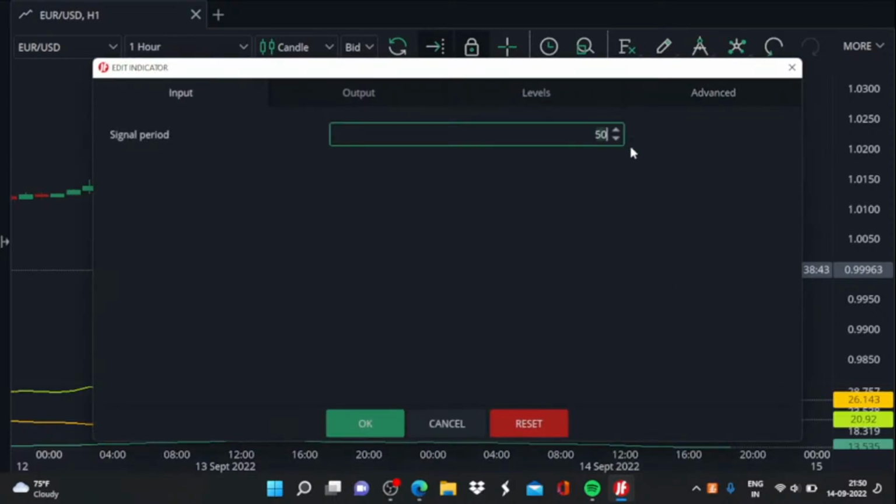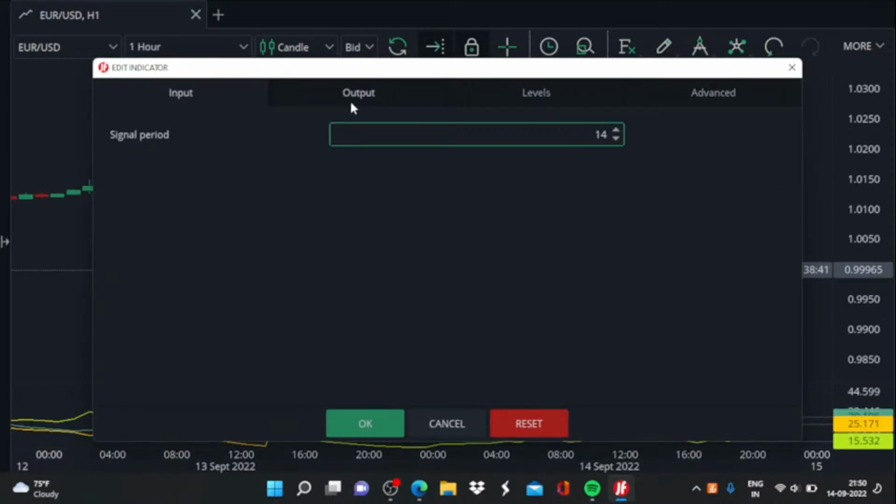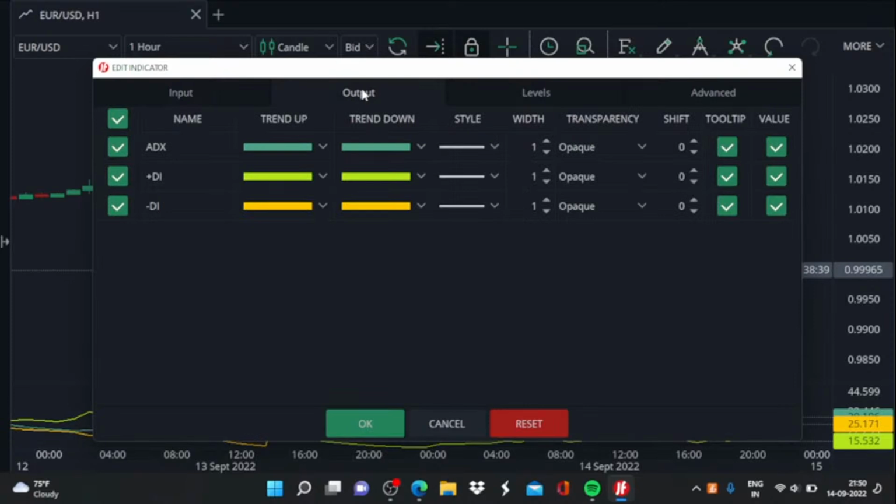Now I will restore it back to the default setting of 14. We have these three output values and we can go for three different color combinations. I think this color combination is looking just fine. So if you want some of these lines to be more prominent or less prominent, you can vary the design of these output values, increase or decrease the width to arrive at